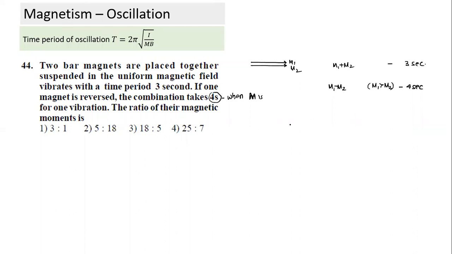So this question is also fairly simple. T1 by T2 is equal to root of M2 by M1. And what is M2 by M1? Ratio of the magnitudes. Sorry, not M2 by M1, it is M by M dash. Yes, Vignesh? Sir, end-to-end combination is not possible in this case. Pardon me? End-to-end combination. It is possible.